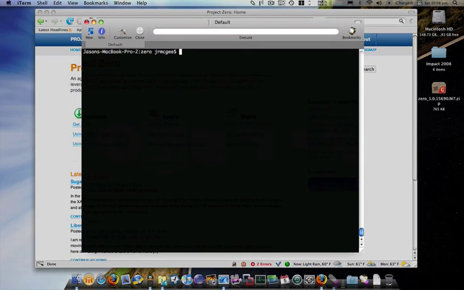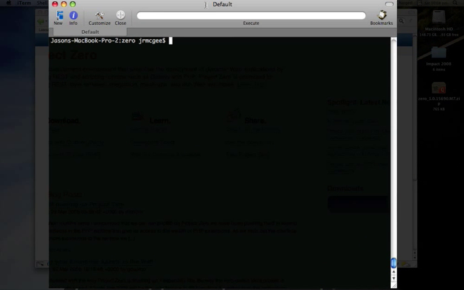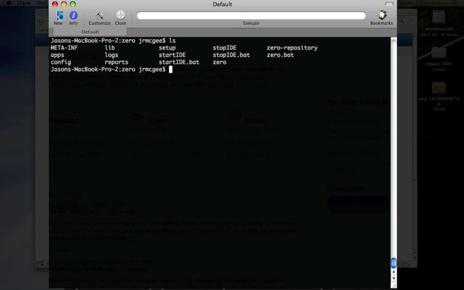I'm going to assume that you already have Project Zero or WebSphere Smash installed on your machine. There's another video that you can watch that'll show you how to do that, or you can follow the simple instructions on the website. So I'm sitting here in my Zero folder, and to install the IDE, since I don't have it installed on my machine,